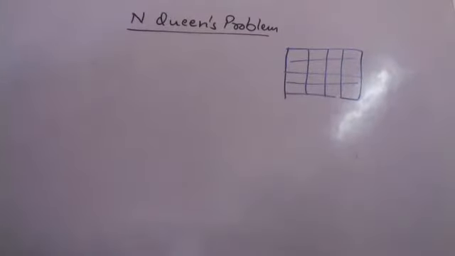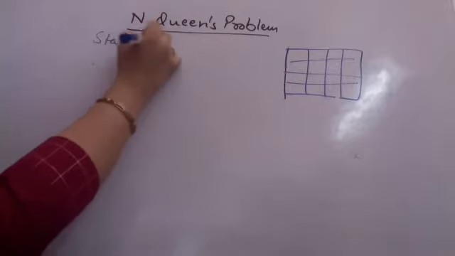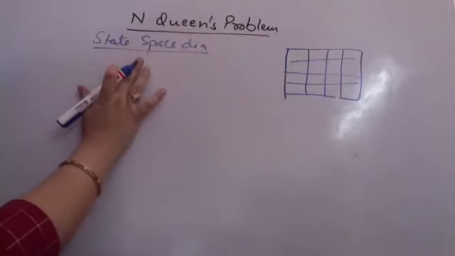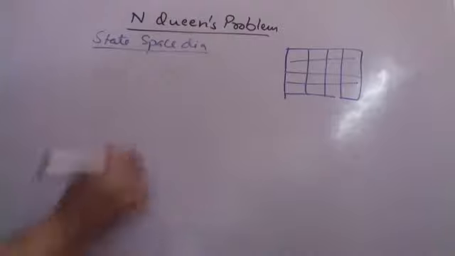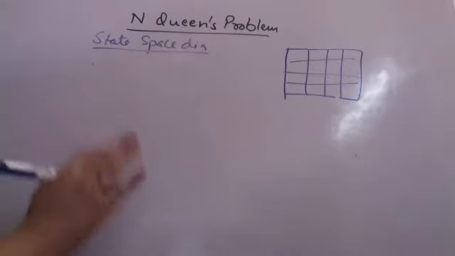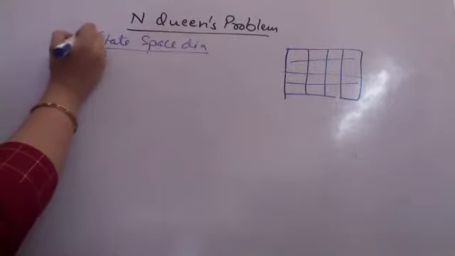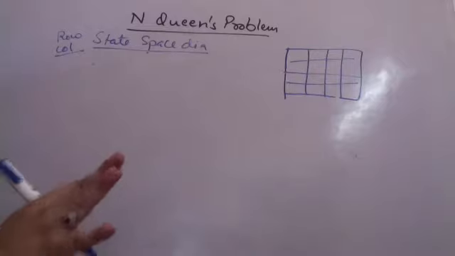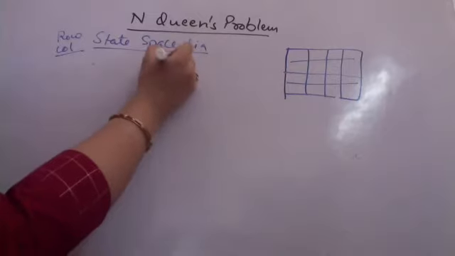So in my state space diagram, I'm again saying what I'm drawing now is a state space diagram. Initially, the diagram which I am drawing is not checking whether the queens are under attack or not. It is only checking that the queens have different rows and different columns. Diagonal attacks we are not checking right now. Correct?